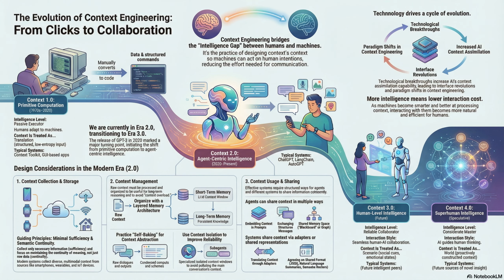So let's recap this journey. We started in Era 1.0, struggling to translate our thoughts into clicks and commands. We were servants of the interface. Then Era 2.0, where we are right now. The machines are agents. They cooperate, they're learning to bake information and use subagents. Moving toward Era 3.0, where they gain human-level nuance. They understand our silence, our environment. They become true peers with a memory that can also forget. And finally, the speculative Era 4.0, the inversion, the superhuman system that understands us better than we understand ourselves, offering that God's eye view.